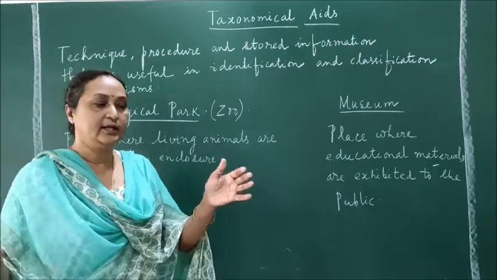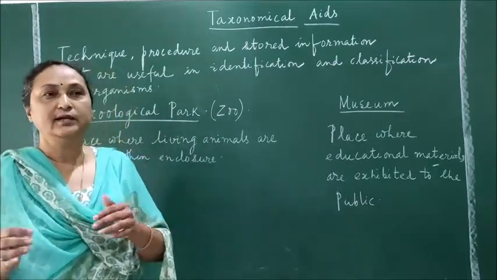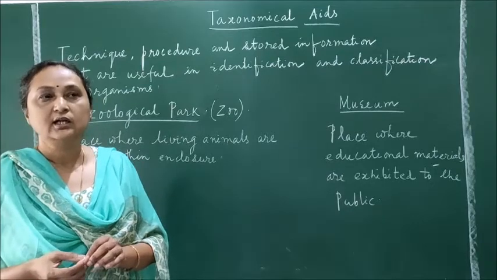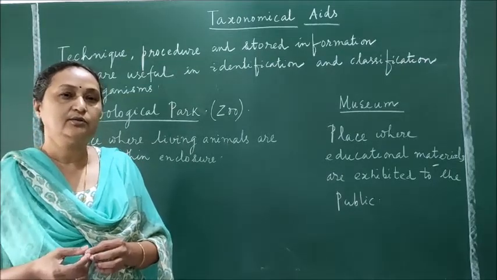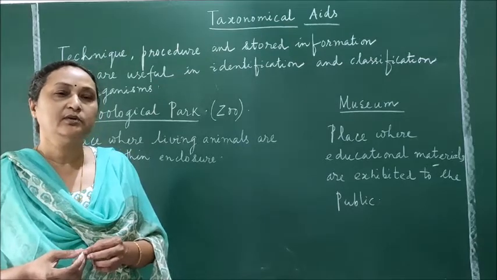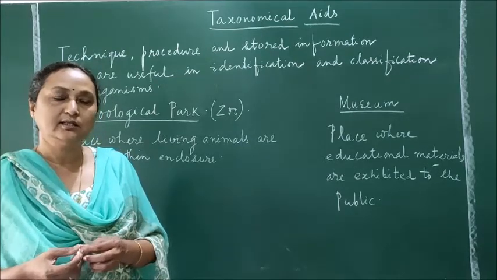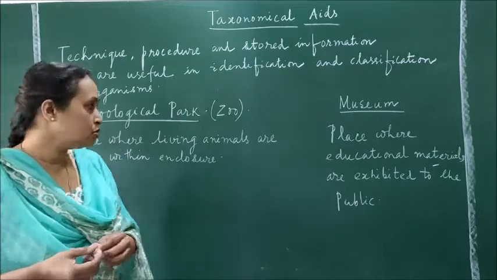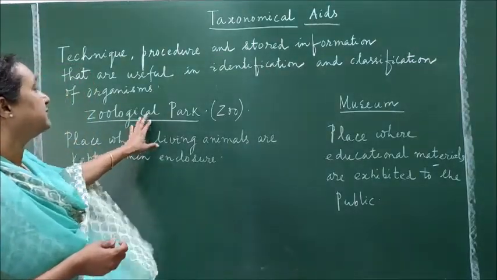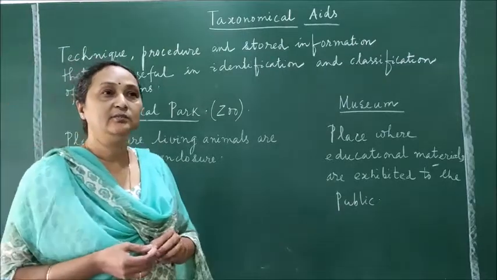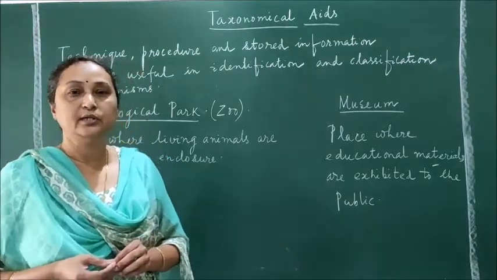Because there is a particular area in the zoo, you can find the fencing or the boundary, and inside the boundary you can find many wild animals. Also many birds you can see in the zoo, and the other animals are also seen in the zoo. So in the zoological park you can see different animals, because many animals are not common to any particular area.